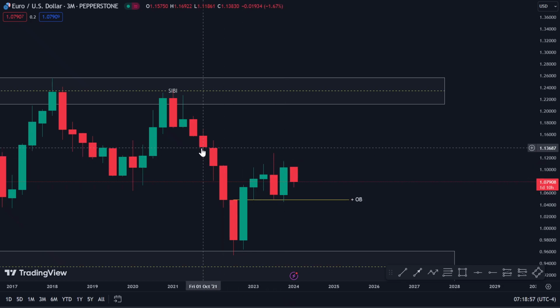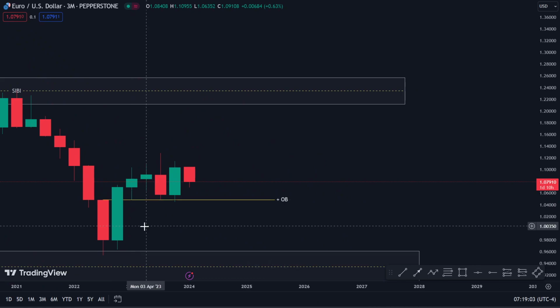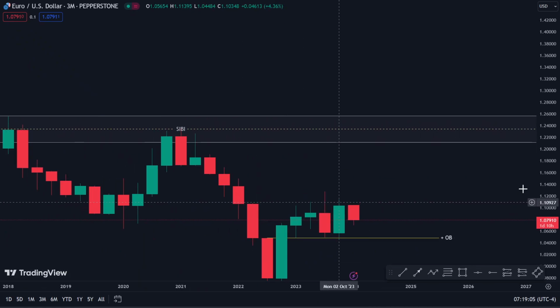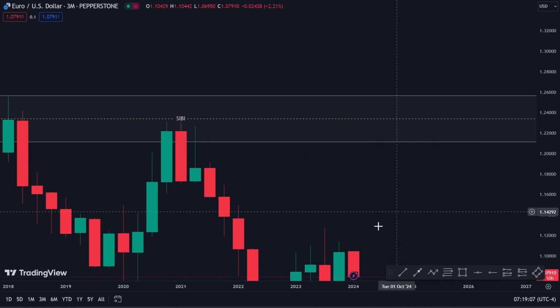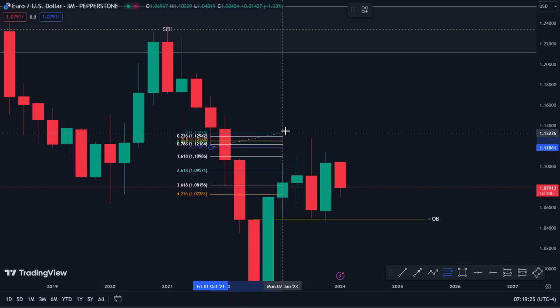This wick. What ICT says is that whenever a candlestick forms a wick, the midpoint of that wick is always a very reactive, or rather sensitive, price point. For instance, if we pull out our fib and measure this wick,